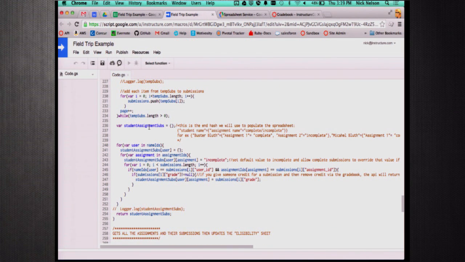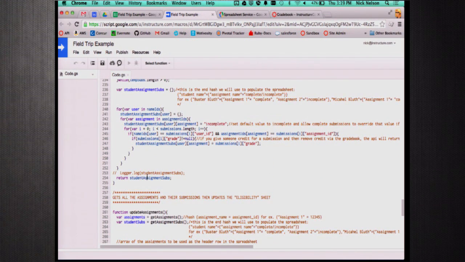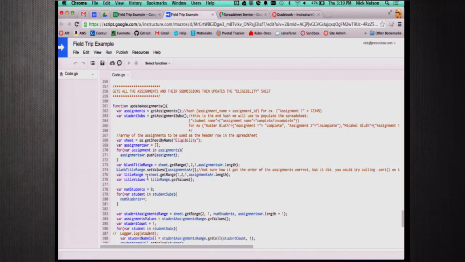And then we're going to use all this information to create our end hash table, which is going to look like this. It's going to have the student name, and then it's going to have all of their assignments and whether or not they have completed them or not completed them. So that's what we're going to return down here. Okay, and then we're going to take that